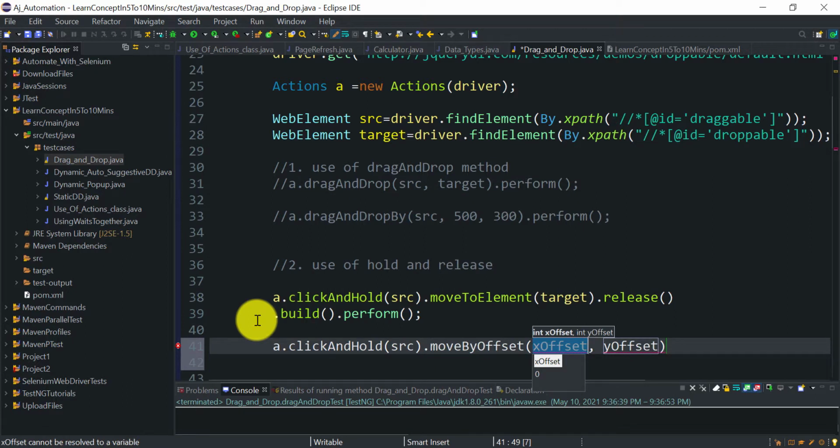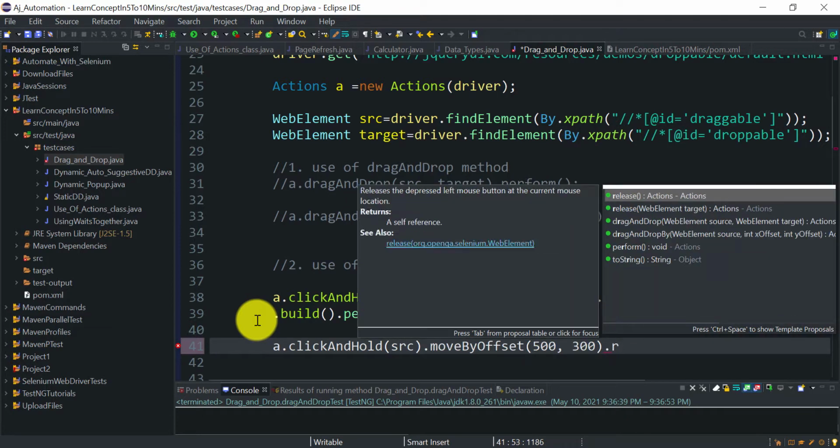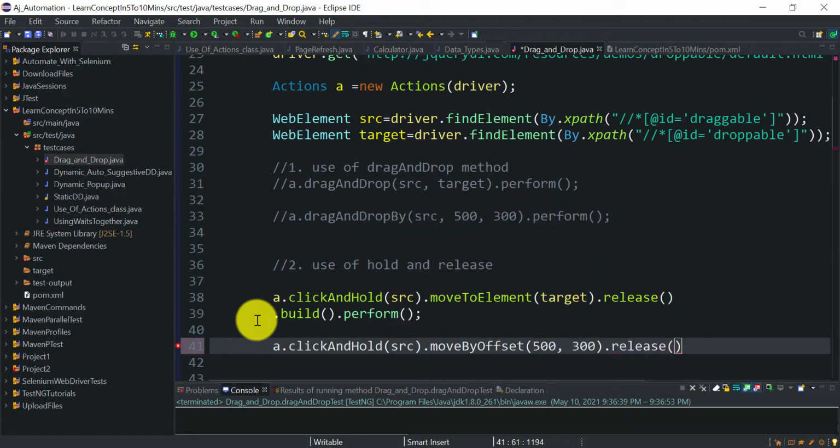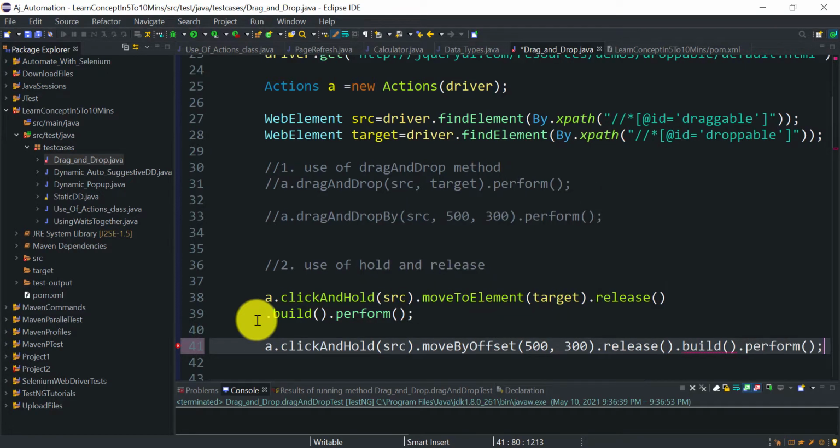Here we need to give the values. I will give 500 again, and here I will give 300. Move by offset means move the mouse by this x and y coordinate, and then dot release, then release the key, dot build dot perform.